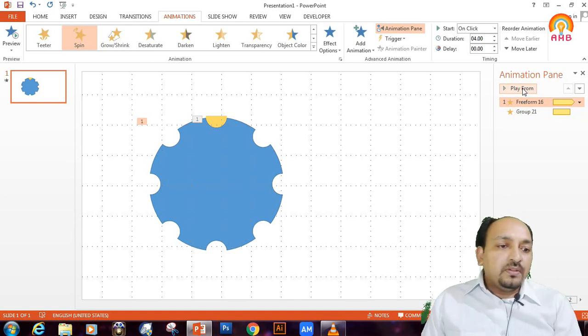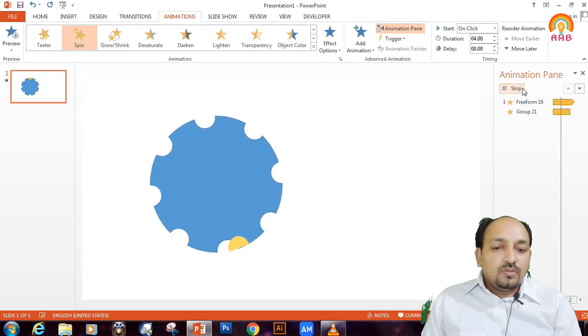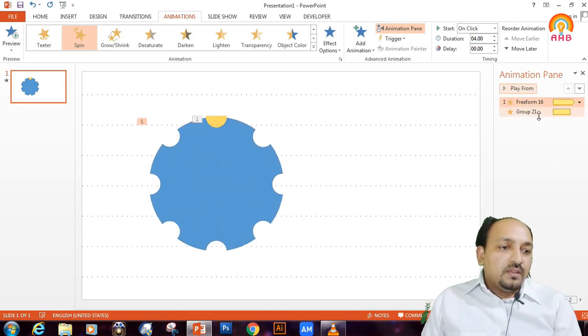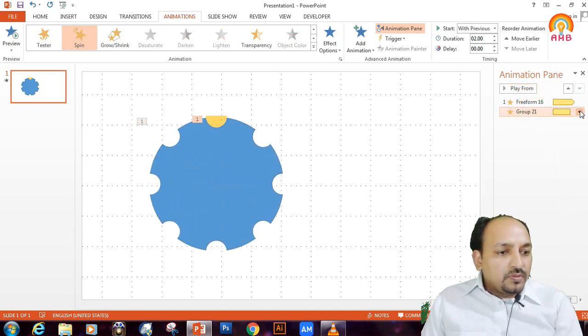Now you can check the animation how it appears. So this speed of rotation is not matching. You can change the timing.